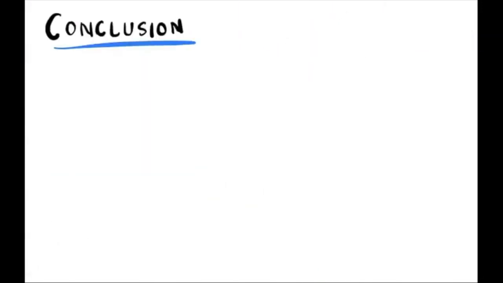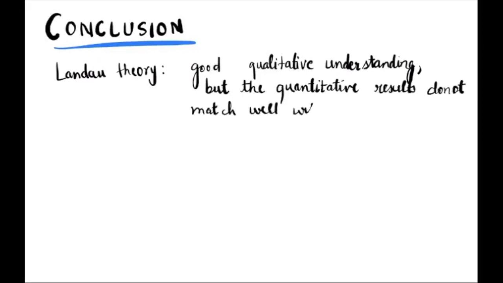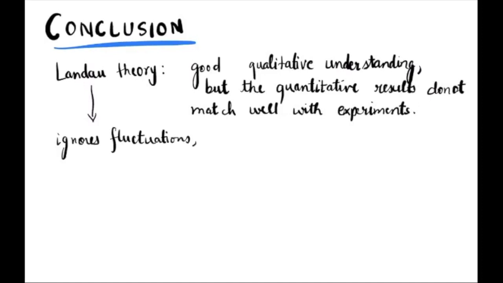So, in conclusion, we can say that Landau theory is good for the qualitative understanding of the topic, but the quantitative results that it provides do not match well with experiments, because the Landau theory ignores the fluctuations in the order parameter. It assumes it to be a constant, whereas